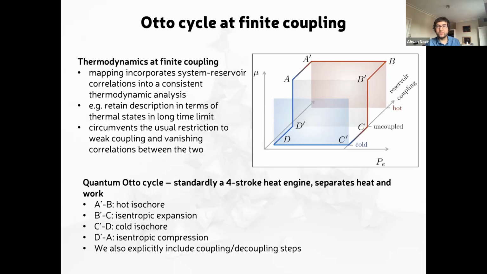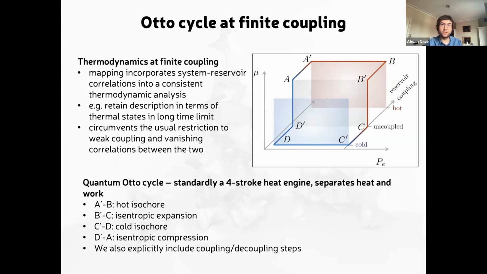So we don't need necessarily to argue about what the appropriate definitions for heat and work should be in the strong coupling regime for the purposes of this cycle anyway. And the cycle proceeds, actually, it's more than 4 strokes in a sense in the strong coupling regime, because we have to also include any energetic exchanges due to coupling and decoupling between the system and environment that are usually ignored in the weak coupling case because they generally evaluate to 0. But these contributions, which we'll consider to be work in this situation, actually evaluate to non-zero